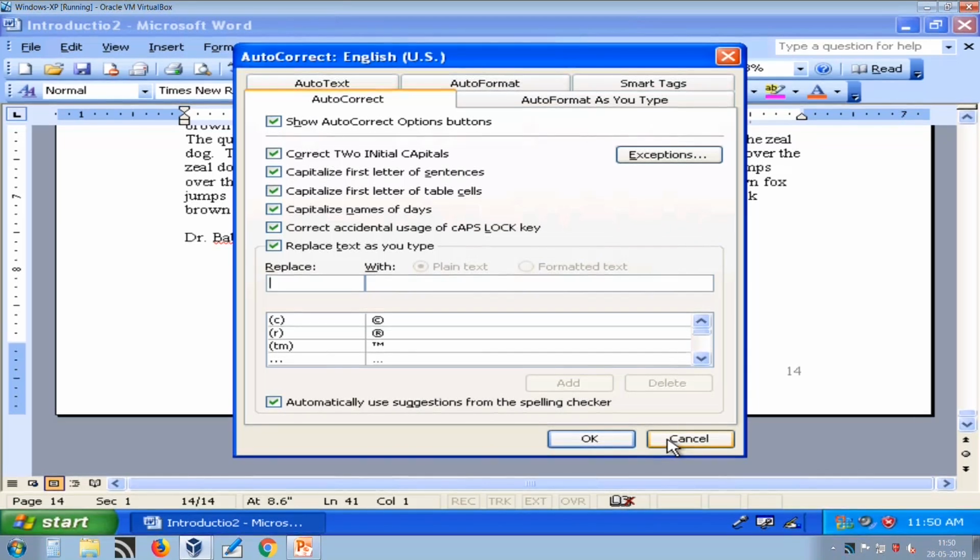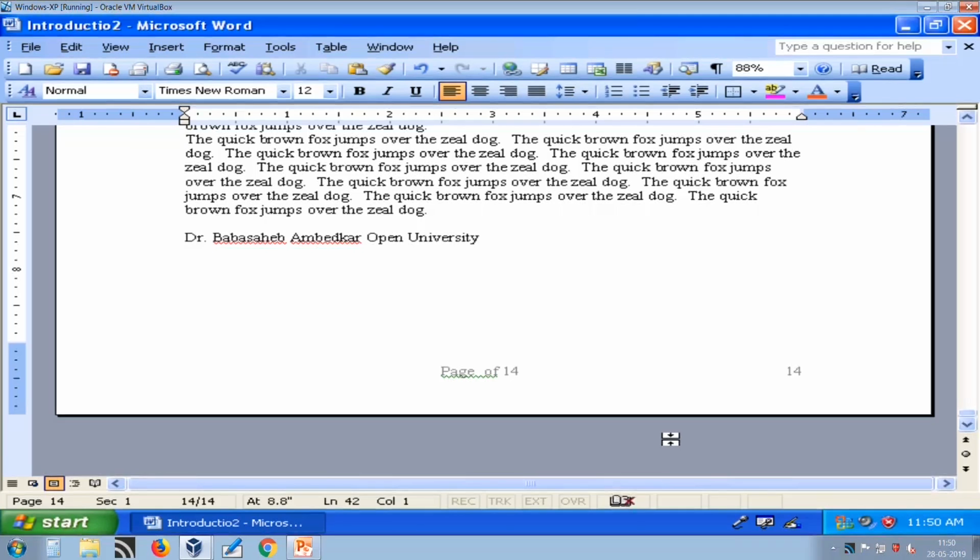So let us first look at how to use predefined entries. Here I want to say copyright is with Dr. Baba Saheb Ambedkar Open University. So whenever I just complete that bracket, it automatically corrects this entry to copyright symbol, and suppose I want to say BAOU is registered.